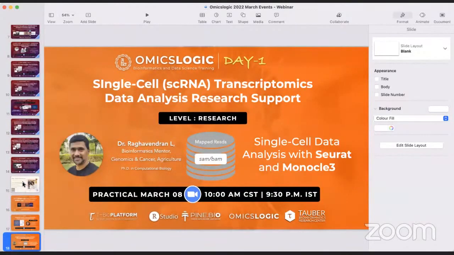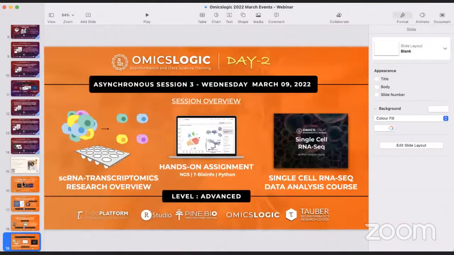And that would be followed by a project example or hands-on where we will be discussing the downstream analysis that we discussed with Dr. Raghavendran, who is one of our co-mentors and is here in today's meeting as well. So again, the format helps you learn about all of this. Whatever you learn on day one, you get to learn all of this through available video recordings.